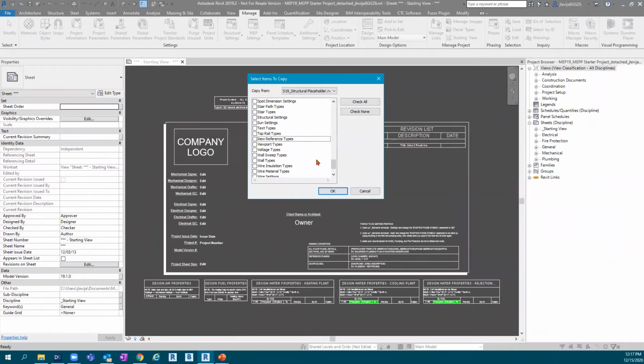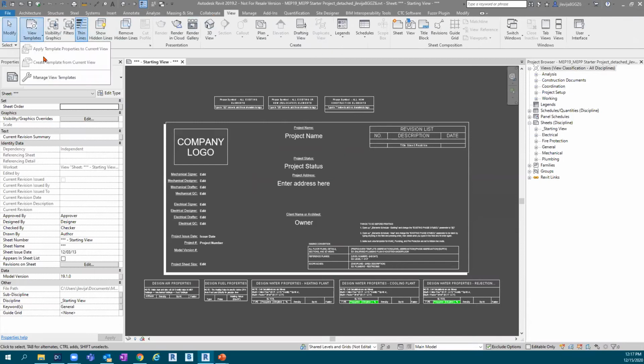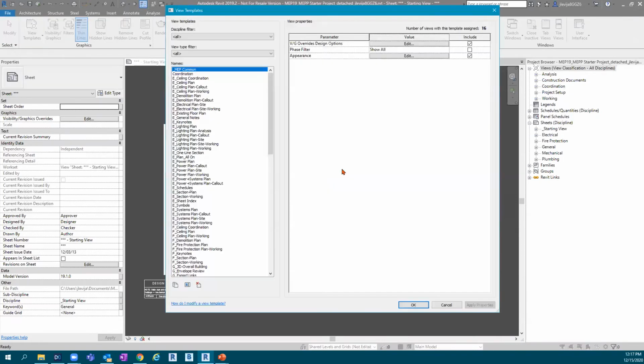Just a quick tidbit though: make sure you hit the F button and find yourself over in the filters world. You'll have your filters out here as well. Okay, so it's quick and easy transferring things across from one project to the next, and that helps speed up that setup time. If you pair that with some additional options out there, like the BIM project suite, where you've got your view creator,